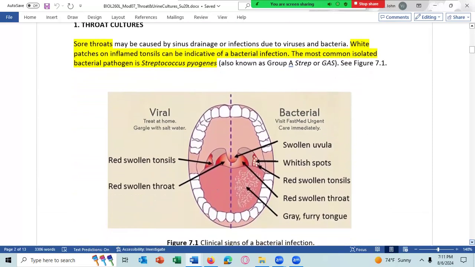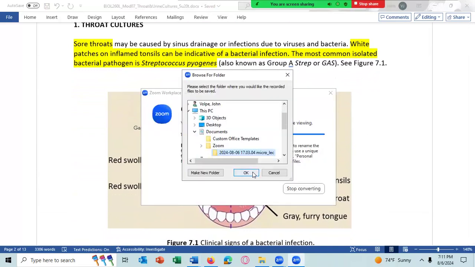All right. Sore throats may be caused by viruses or bacteria. If the clinician finds white patches on inflamed tonsils or the back of the throat, whitish spots,